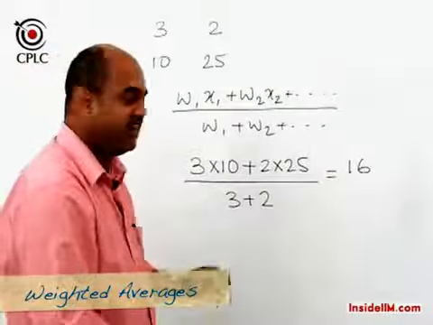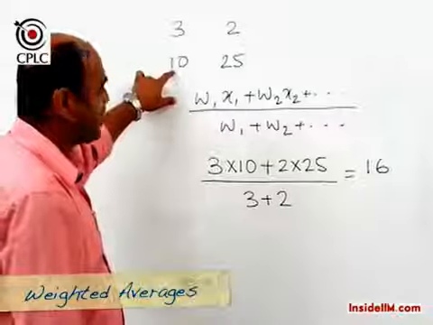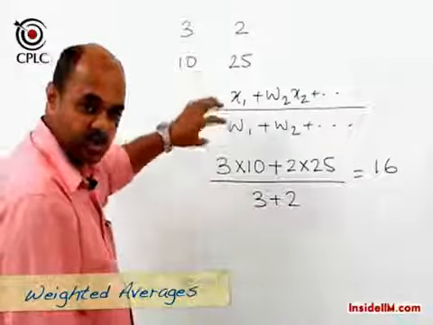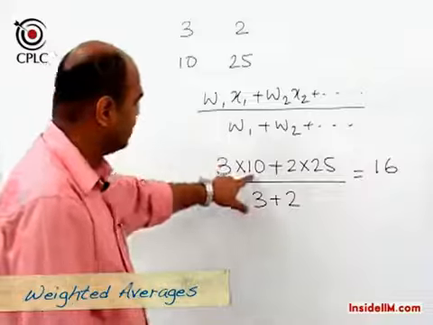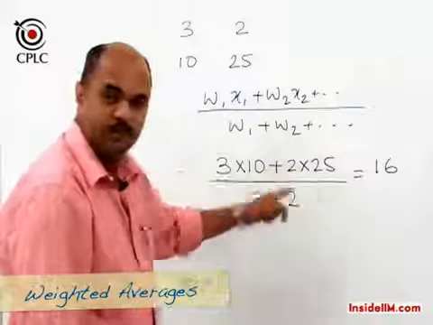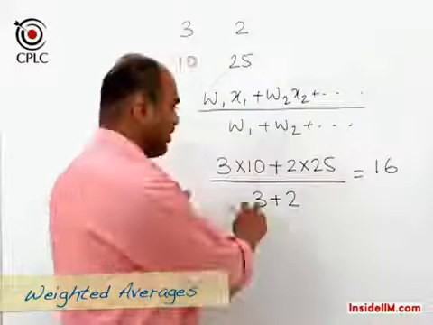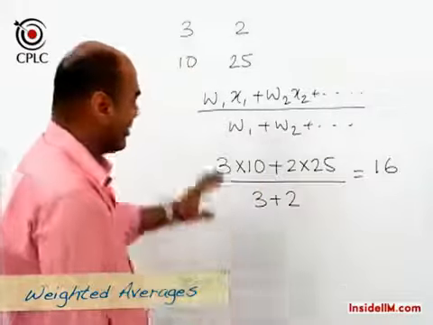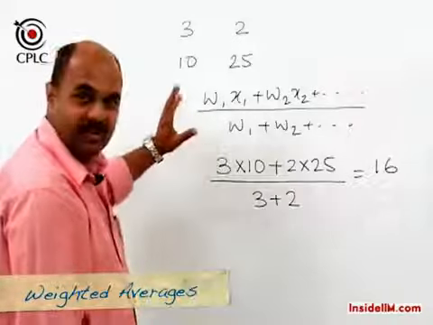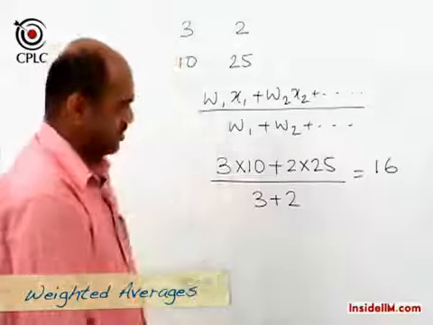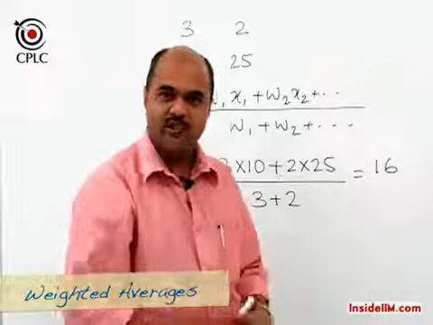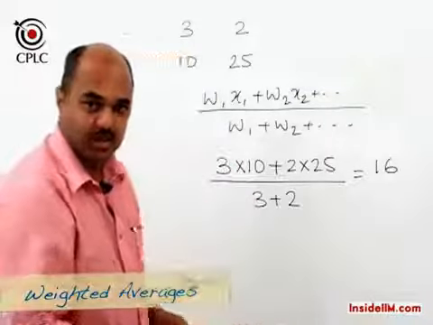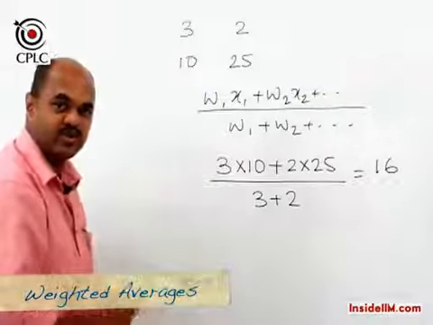So essentially what we do is we convert each average into its total. That is what we've achieved here. Second average into the total. We add the two totals to find the overall total and then divide by the total quantity. That is how we would find the weighted average in this question. Now another way of finding the weighted average would be what is known as the method of lever.